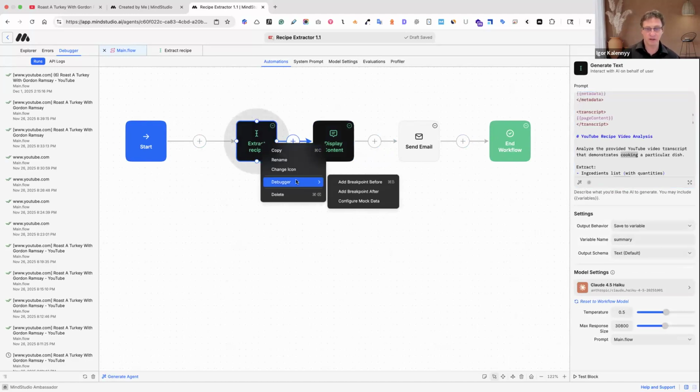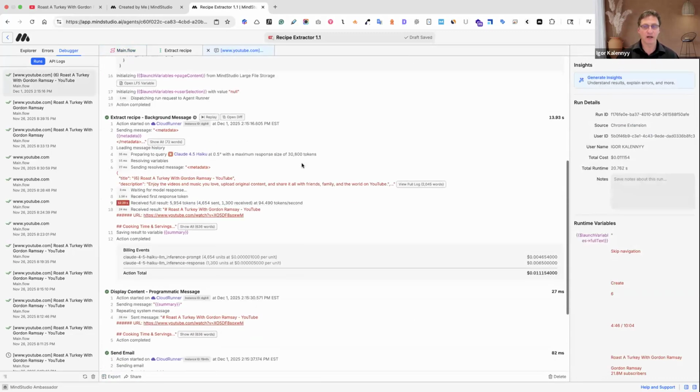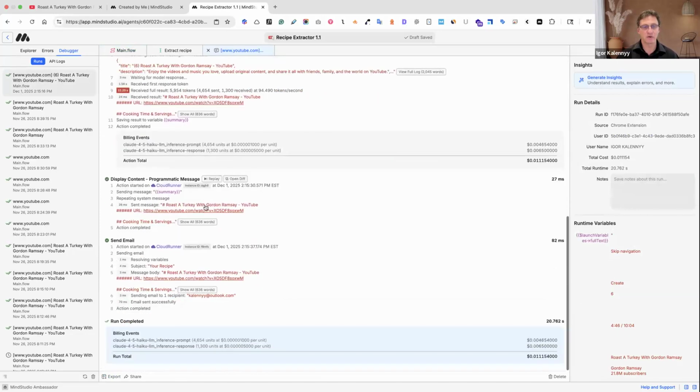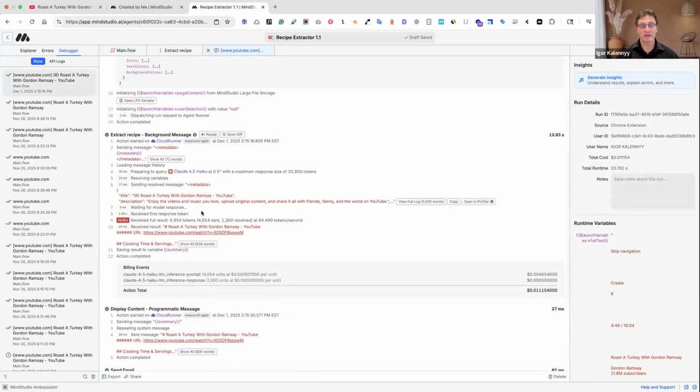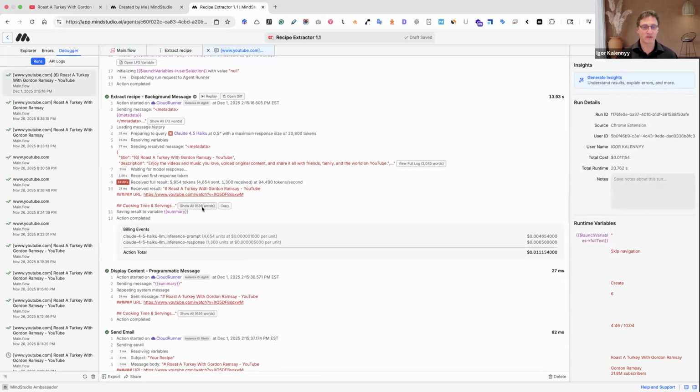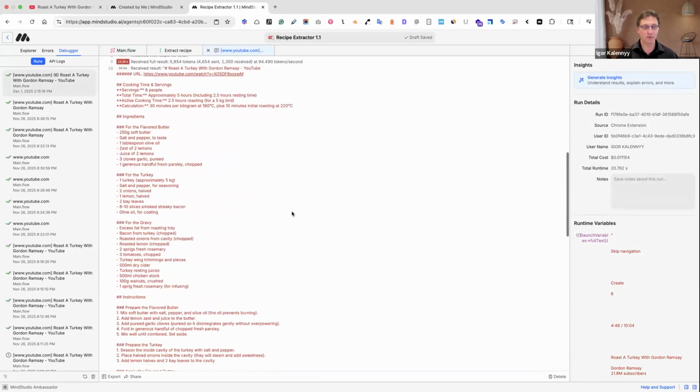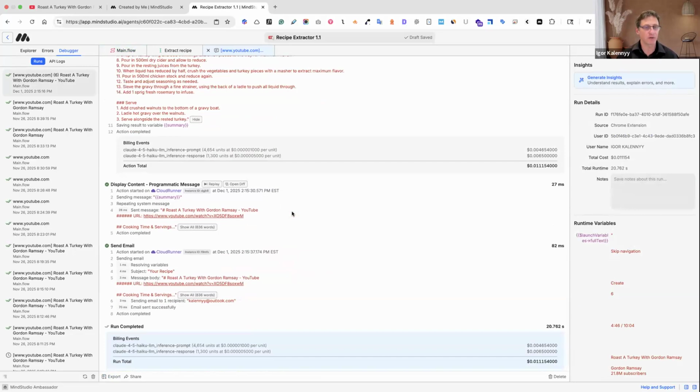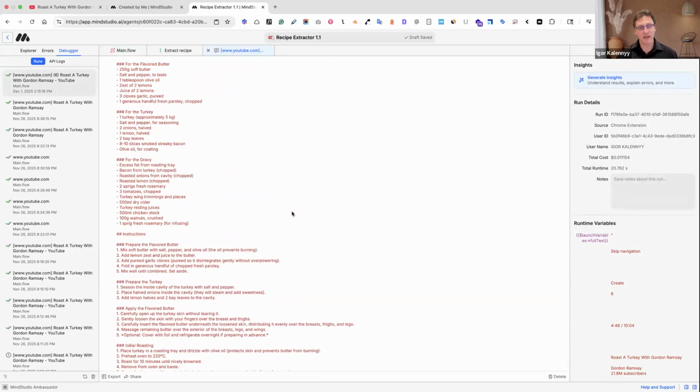You can right click and say debugger, and you say add breakpoint before or after. What that means is if you run it in either draft mode or debug mode, then it will stop at this very point before it proceeds. So you can then examine the variables. For example, this is the trace debugger, and imagine it stopped right here and it didn't go any further. And you want to be able to examine, at this point in time, what are my variable values, and what do I have in the output, or what do I have in an input? So that's basically a breakpoint.